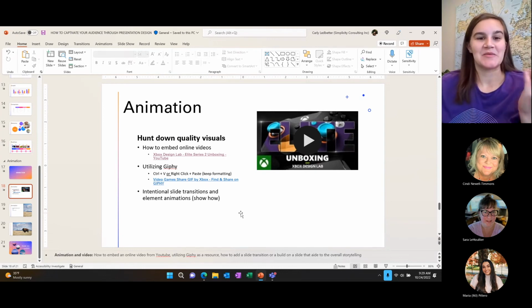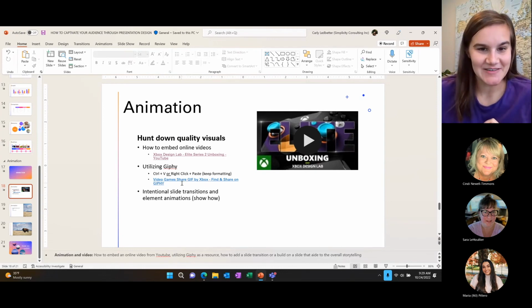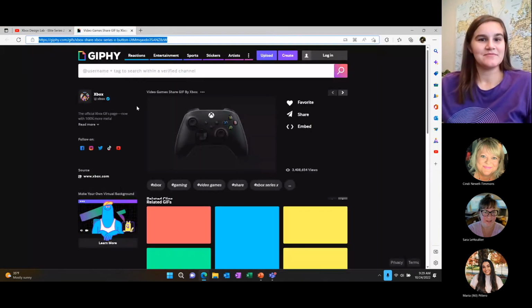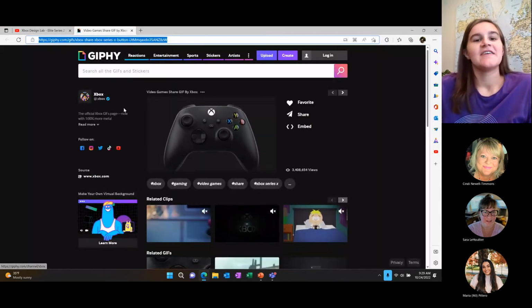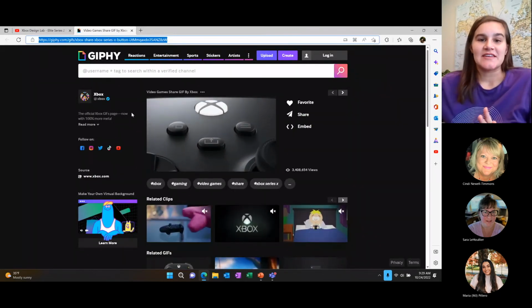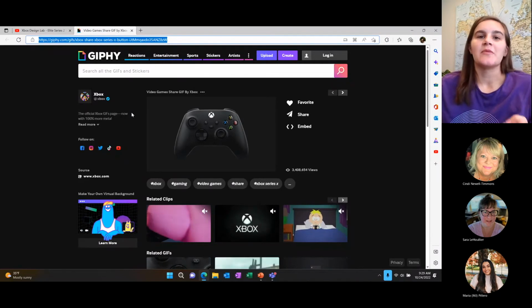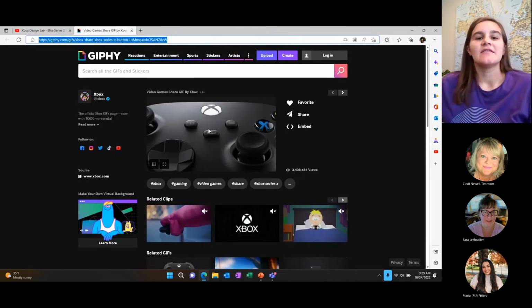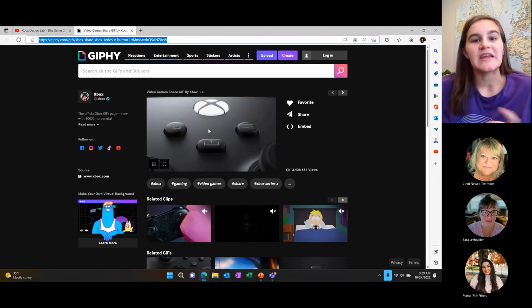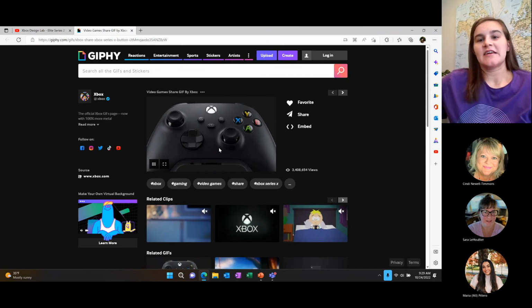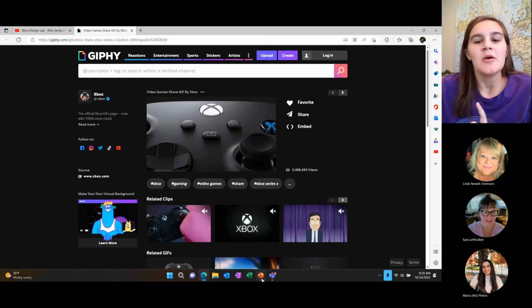visuals. It's like a picture, but it moves. So we'll do Giphy. I already found this GIF. It's an Xbox One. So let's say I want to include this in my presentation because it just adds a little bit more motion and it catches the eye, keeps the audience engaged, but it's not too distracting like a video could be. So you literally just copy the image because a GIF is technically an image, and then be